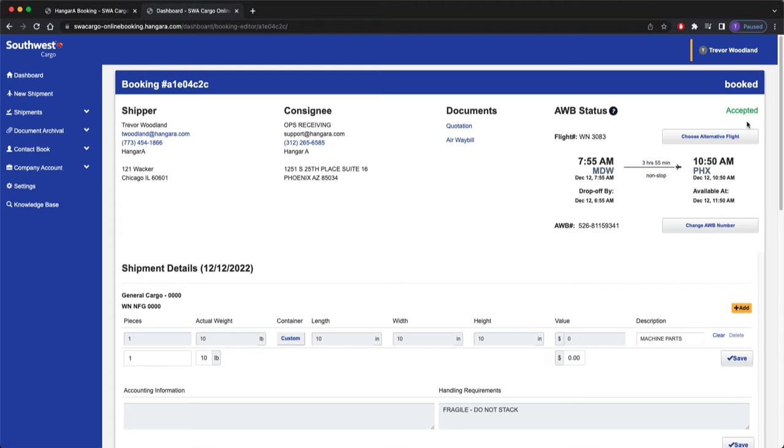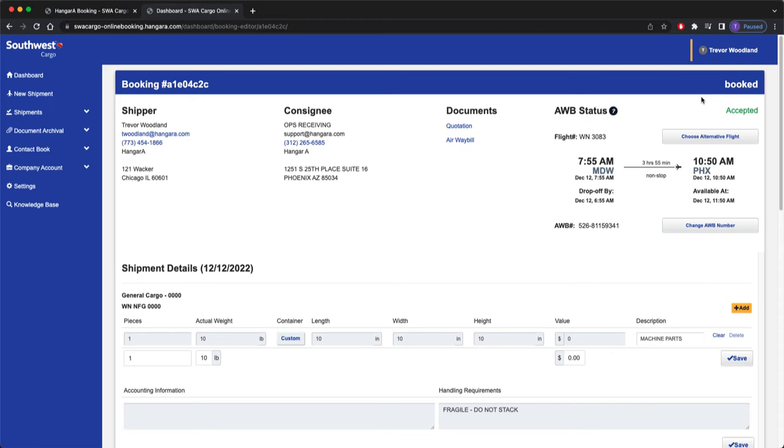Now, normally the two biggest reasons why one is rejected is either cargo space is unavailable, or you're using an invalid Airway bill number, or the system's unable to route because of, say, a last-minute failure or cancellation with the